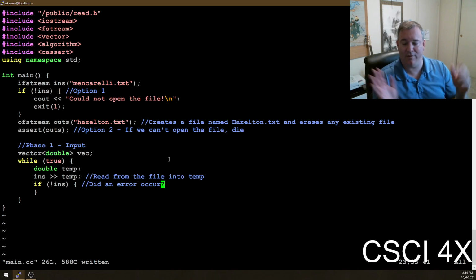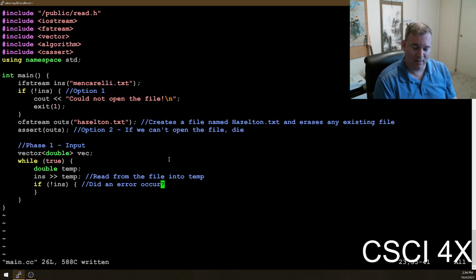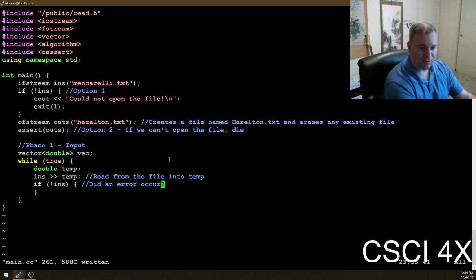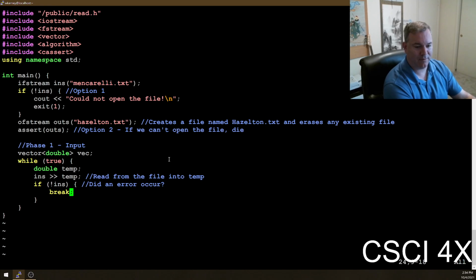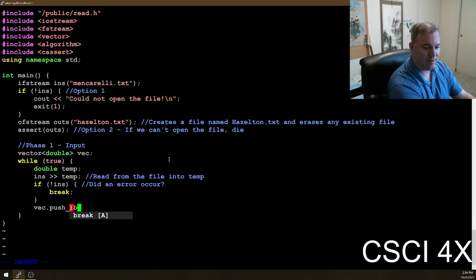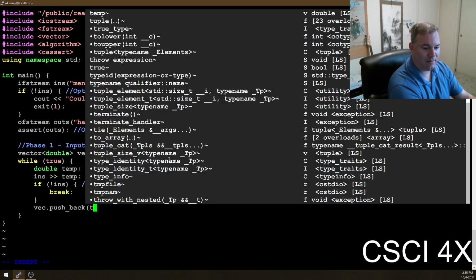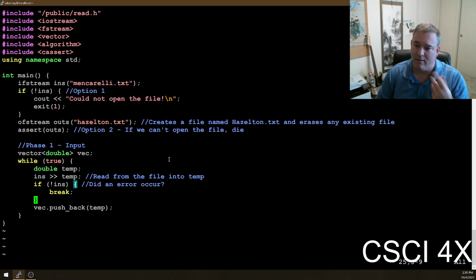So you can split those off into 2 different things. You can have your code for an EOF break, and then your code for an error after it, to check for errors in the input file. Either way, if an error occurred, then we simply break. We're done with the loop. If not, then we add vec.push_back(temp), the value that we read, to the end of the vector.